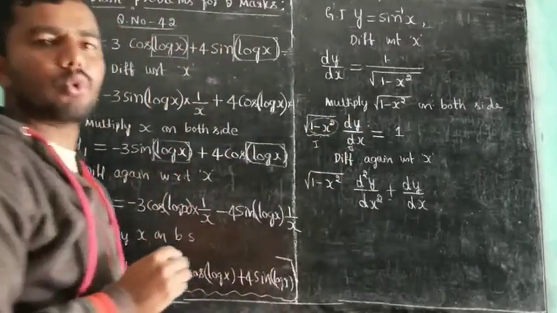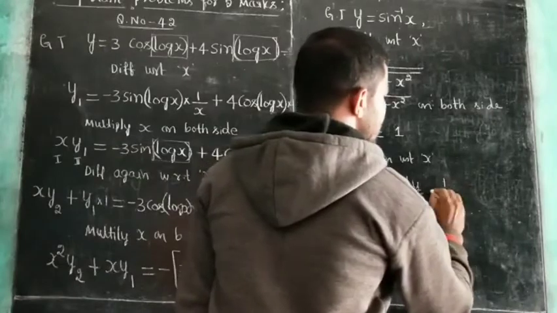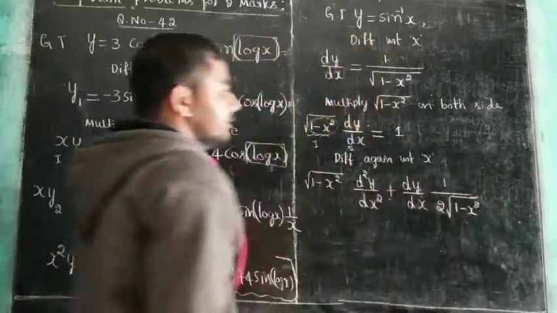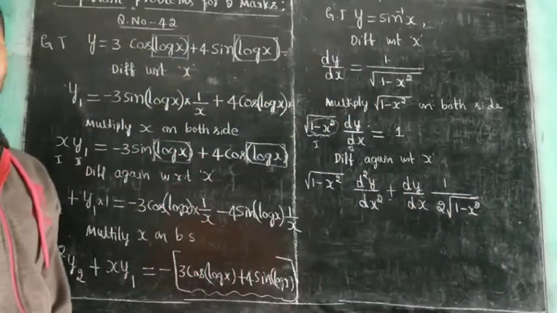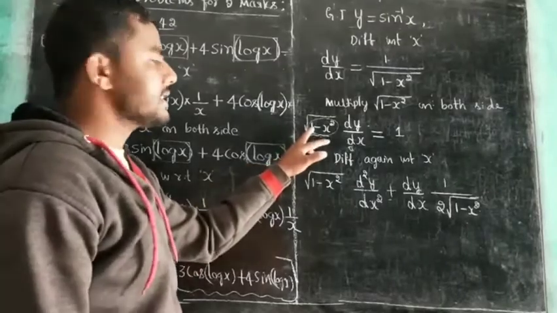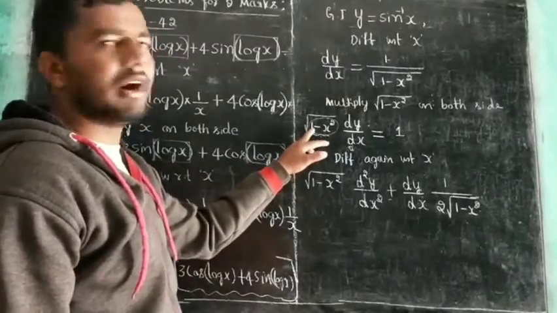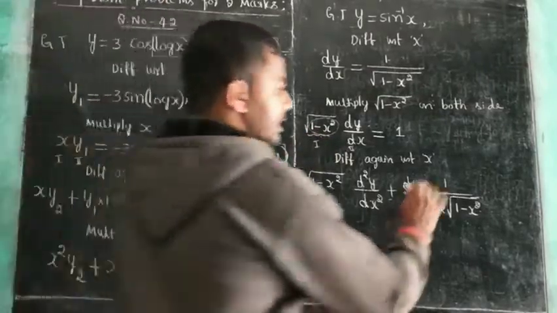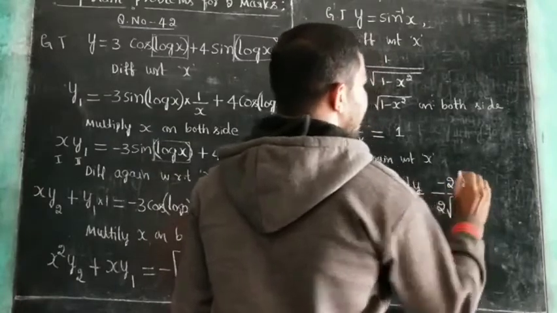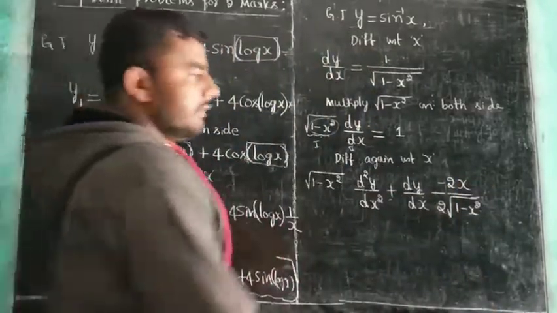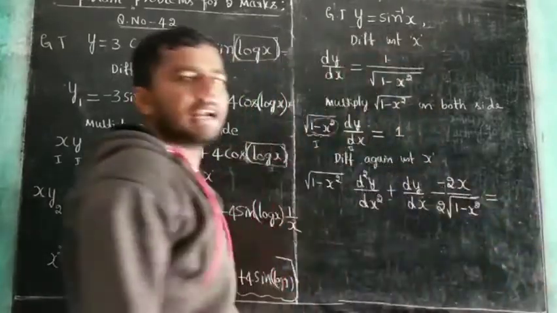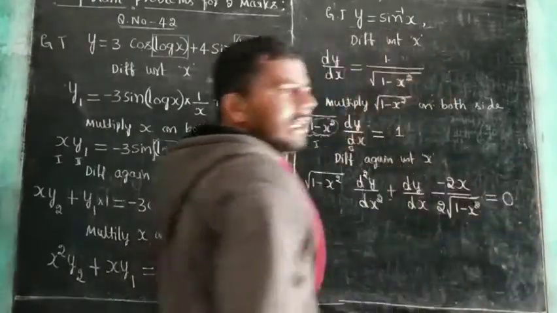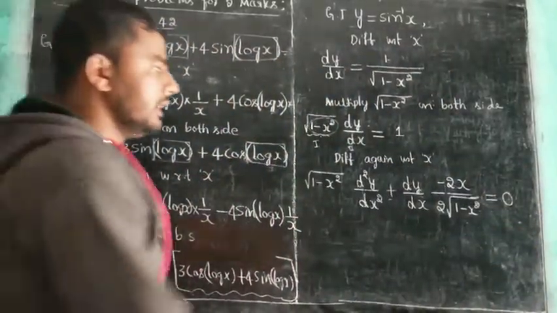What is the derivative of root u? The derivative of root u is 1 divided by 2 into root u. u is nothing but 1 minus x square. And then write the derivative of u. u is nothing but 1 minus x square. The derivative of 1 is 0 minus the derivative of x square. x square is 2x. So minus 2x is the derivative of u. That value is equal to, in the right hand side 1 is there, the derivative of 1 with respect to x becomes 0 because 1 is a constant. Here 2 are cancelled.